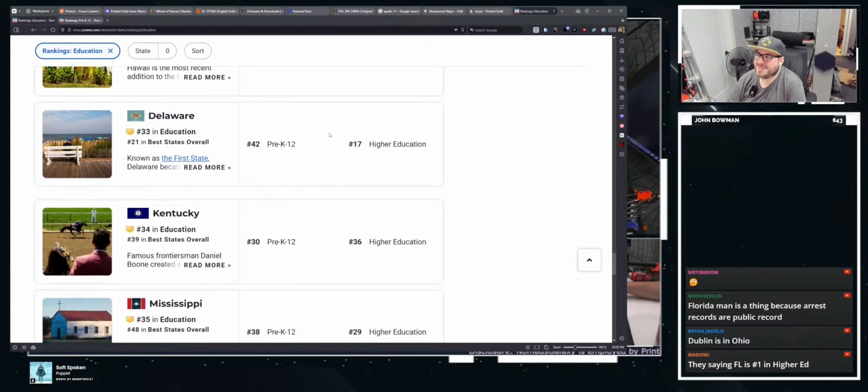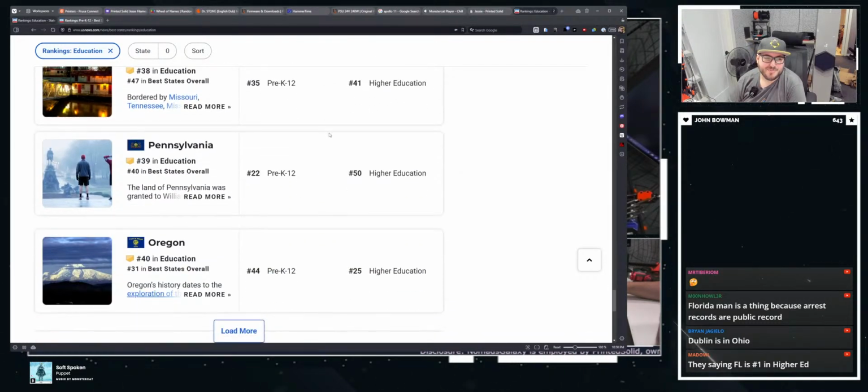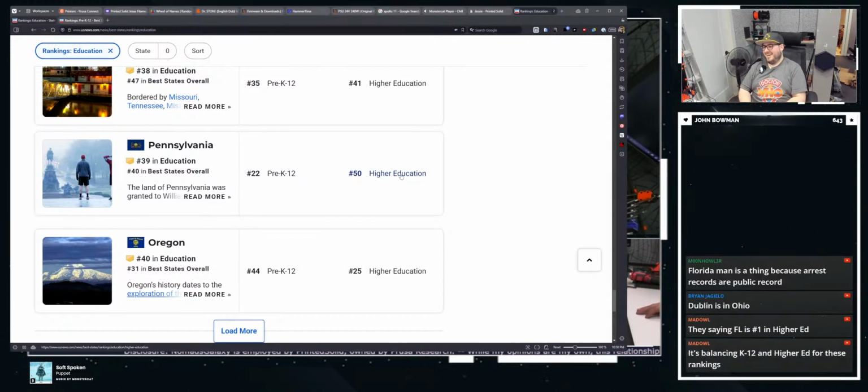Hey Delaware, what's up? Oof. Out of the 50 states, Pennsylvania is number 50 in higher education.